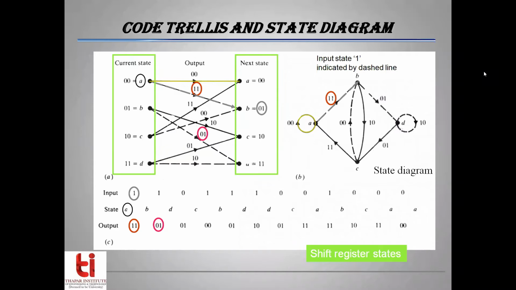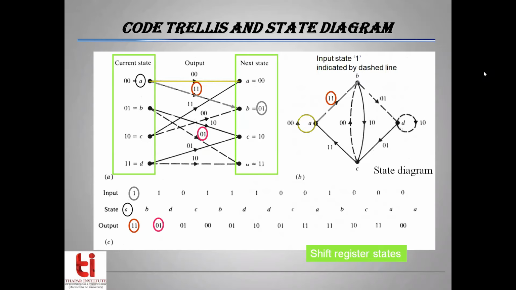So in both the state diagram and the code trellis diagram, the current state, the input, the output and the next state, these are the four parameters that have been indicated. We should match them with the table given below where input, state and output are given. First we will have a look at the state diagram and then we will see how a corresponding trellis